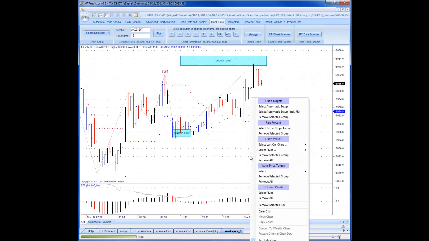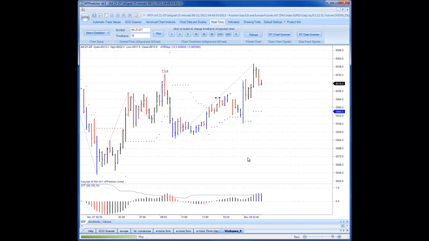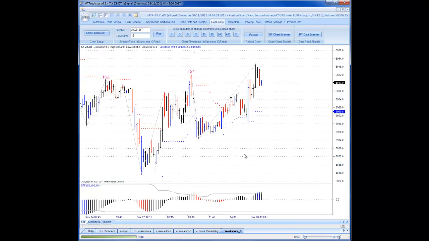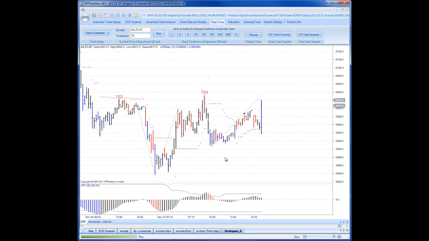which is this one here. I've got a few other charts in this workspace, but let's go back to here. This is where the TS4 buy setup comes in. So I want to look at where we can place a larger degree target on the chart in advance on